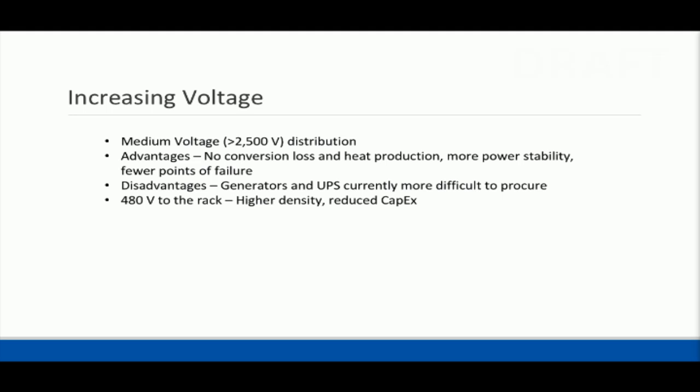So what does that mean? That means on the service side, medium voltage above 2500, 4160, sometimes as much as 25,000 volts. Much higher voltages than we've seen before to take it from the utility to the main switchgear to the UPSs. The advantages: you don't have any conversion loss. You don't have any heat produced from the conversion loss. You have much better power stability. Every time you put power through a transformer and change the voltage, you create some instabilities,